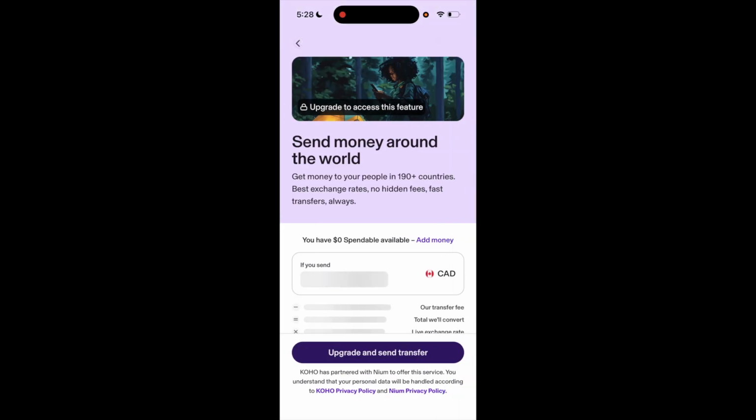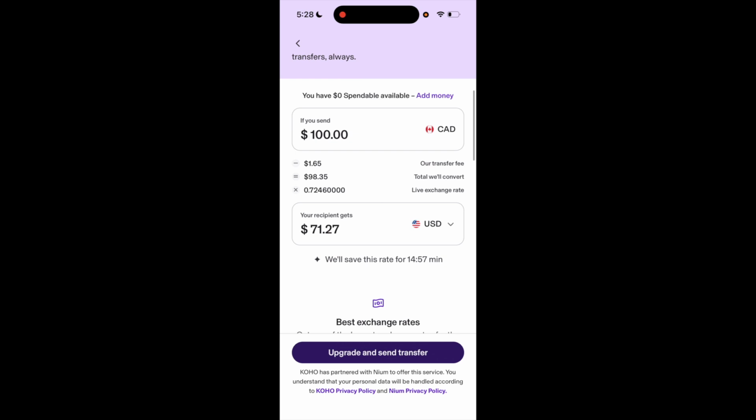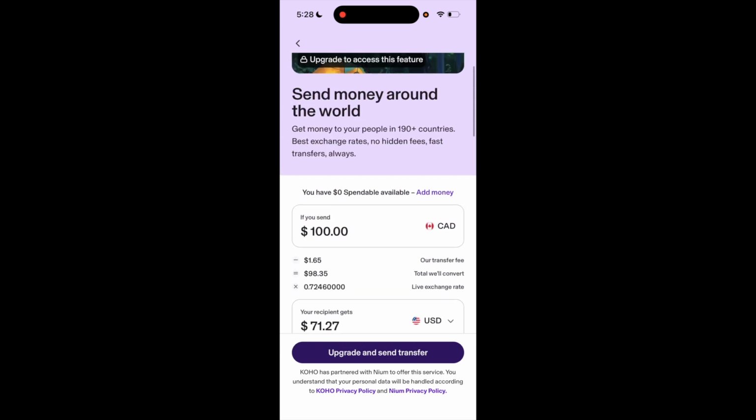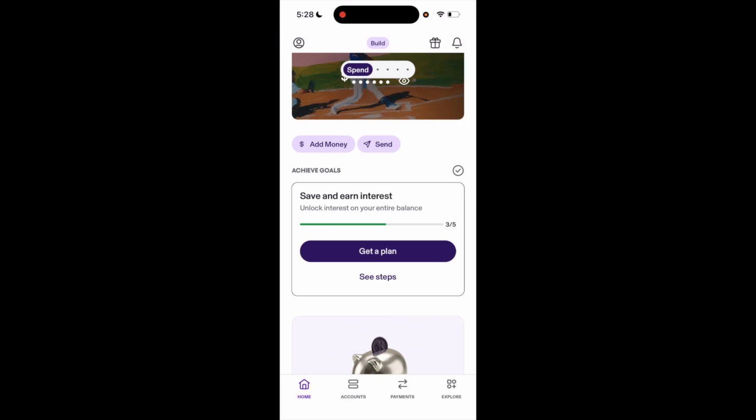If I wanted to go back here, and once again, I'll go to send and then send internationally. It works a little bit different here. You can go ahead and upgrade here and send the money internationally. It'll also show you the exchange rate, and you can go from there in this example. So pretty simple, pretty